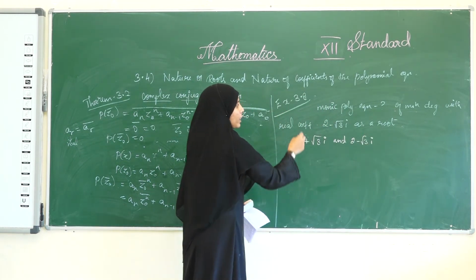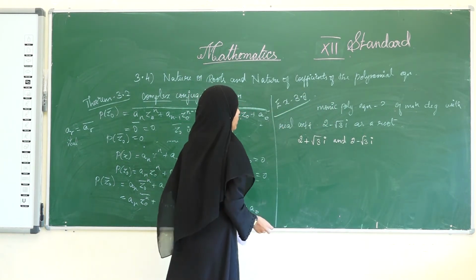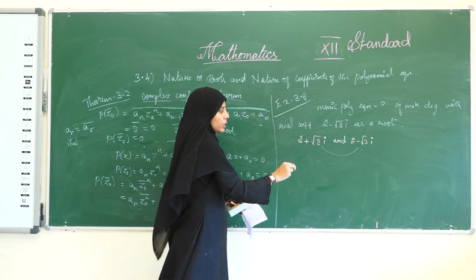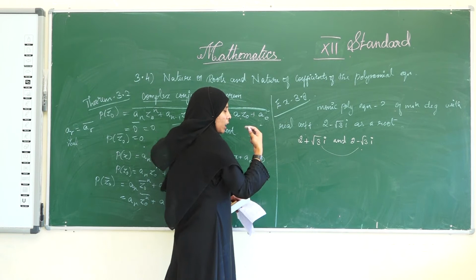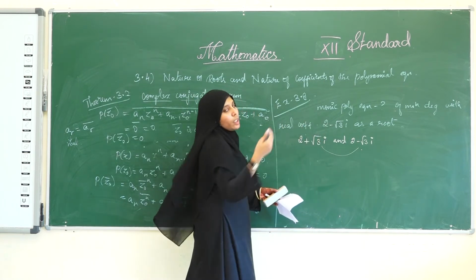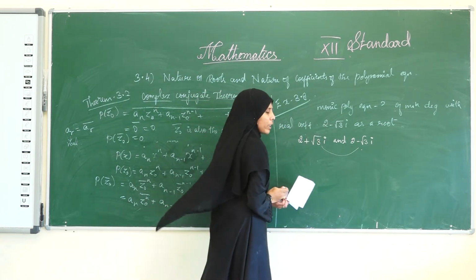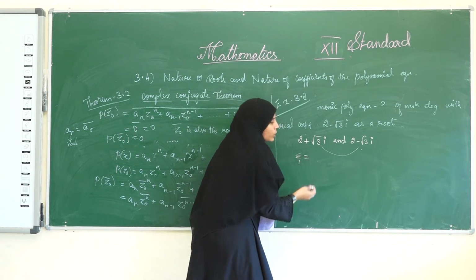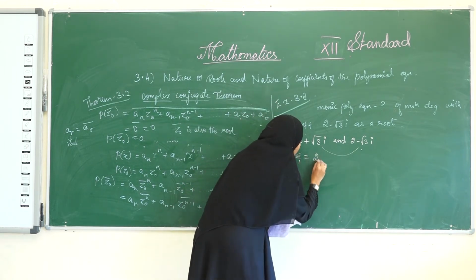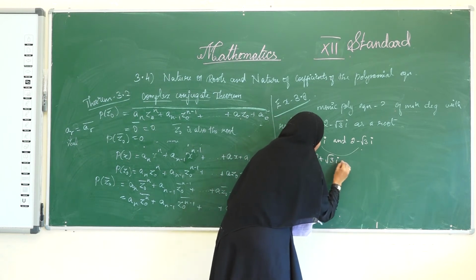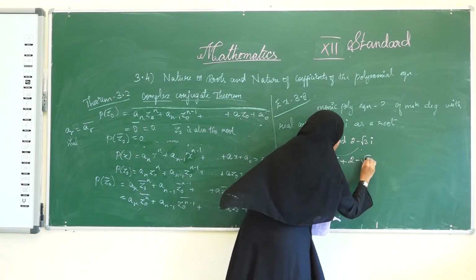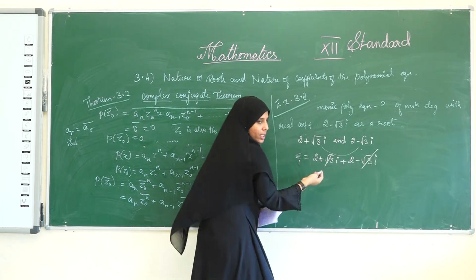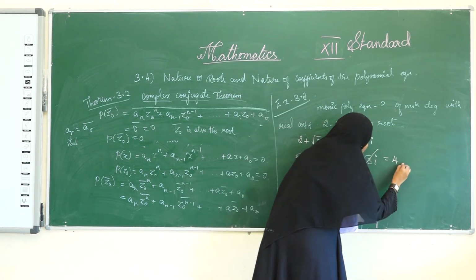So now we are going to find the monic polynomial equation. See, here we have only two roots, therefore the obtained polynomial equation will be a quadratic equation. So how can we find the quadratic equation? First, summation 1 is the sum of the roots. What is the sum of the roots? 2 plus root 3i plus 2 minus root 3i. Here minus root 3i and plus root 3i get cancelled, so the value is 4.